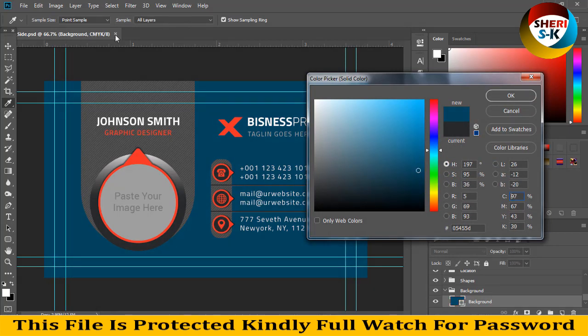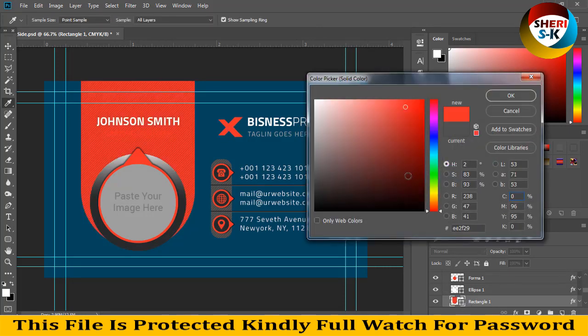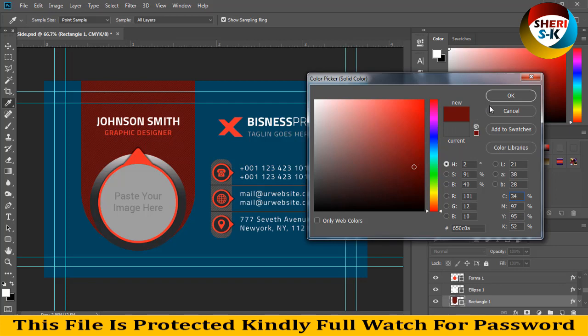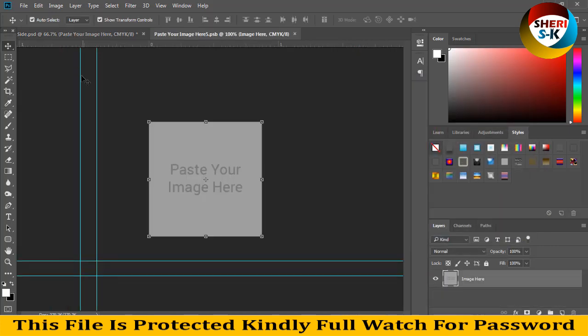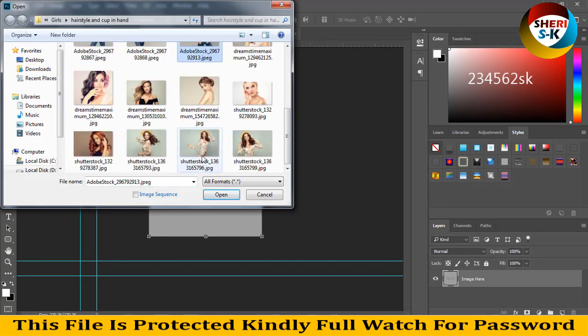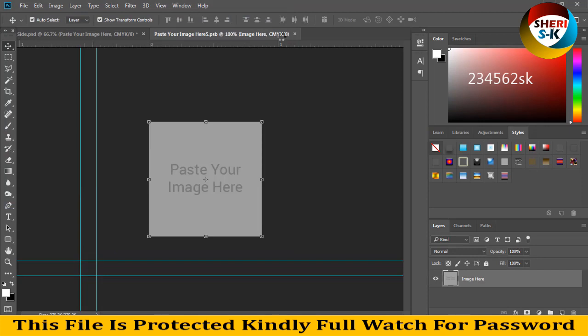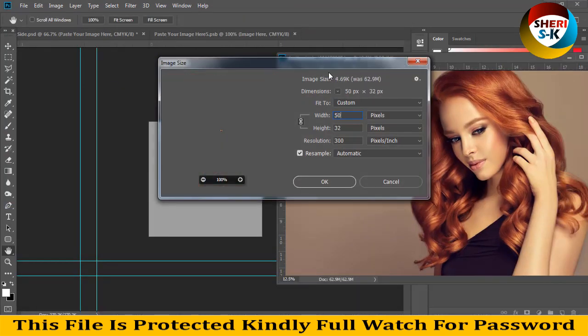These are CMYK color, and here color is going to red or blood. Your image here, put your image and like this, convert in 500,